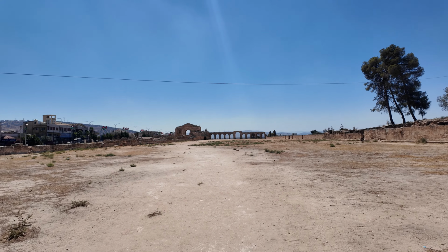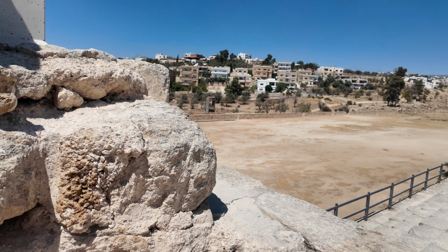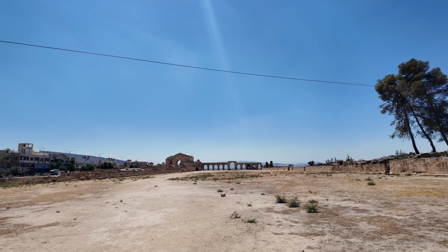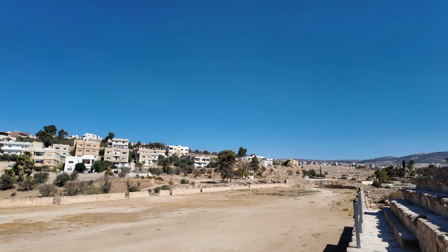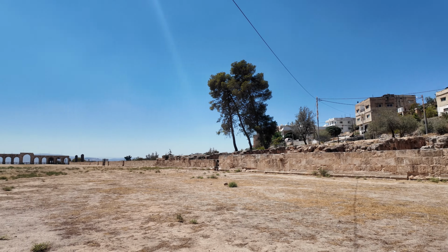So guys, this is the Hippodrome. Once a stage for Roman chariot races, it would seat up to about 15,000 people, all gathered here for excitement, a bit of noise and a bit of energy. Today, it's pretty quiet. Not 15,000 people obviously, as you can see, but surrounded by the modern city of Jerash